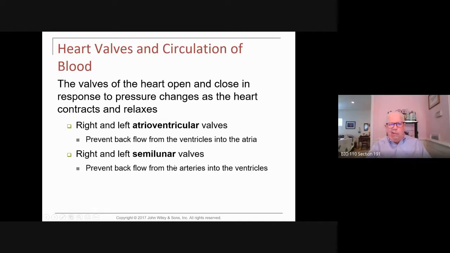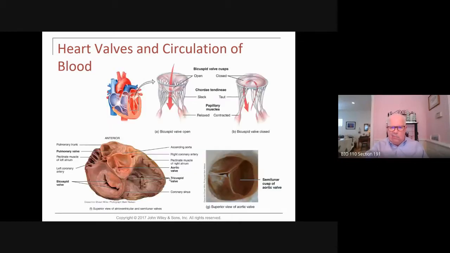And they prevent backflow from the arteries into the ventricles. Okay, so there are 4 heart valves, 2 outflow valves, and 2 AV valves. Okay? And they look very different. The AV valves have cords on them,